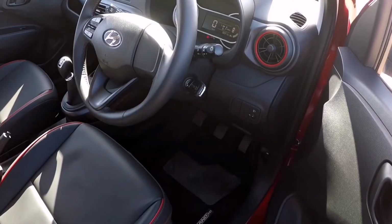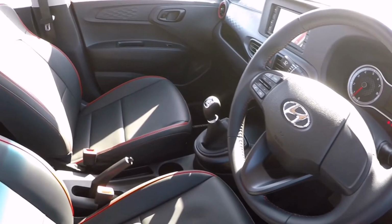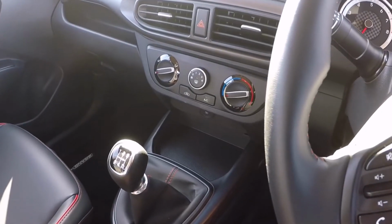What do we have here? We've got, I mean, everything that you need really. On the steering wheel, you've got your radio controls, Bluetooth to answer your phone and whatnot. On the center, the infotainment has got a 7-inch touchscreen, which has Android Auto, Apple CarPlay. You've got aircon,